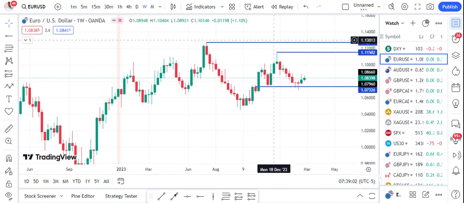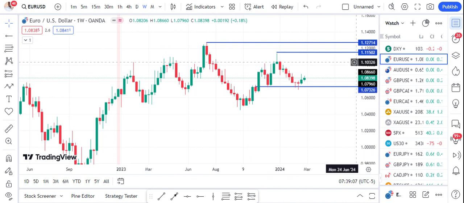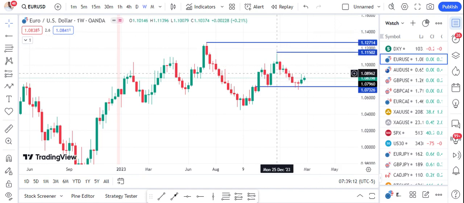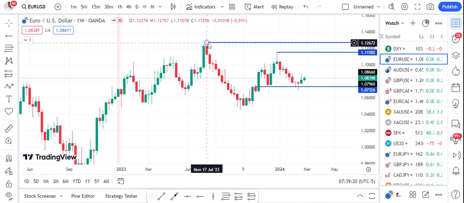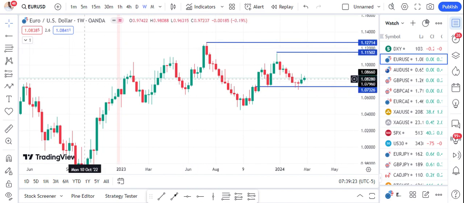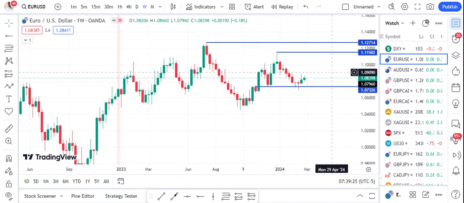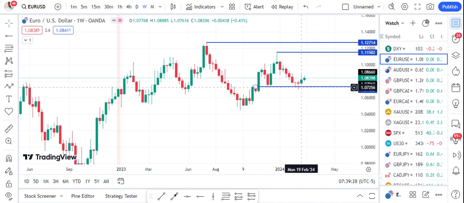So this 1.2 zone and the 1.1 zone, that's the profit targets if you are a swing trader like me. Though these days I'm evolving into a day trader, but essentially I am a swing trader. I still remain a swing trader. It doesn't mean I will be holding all the way from down here to this very zone. No, I have challenge accounts currently.